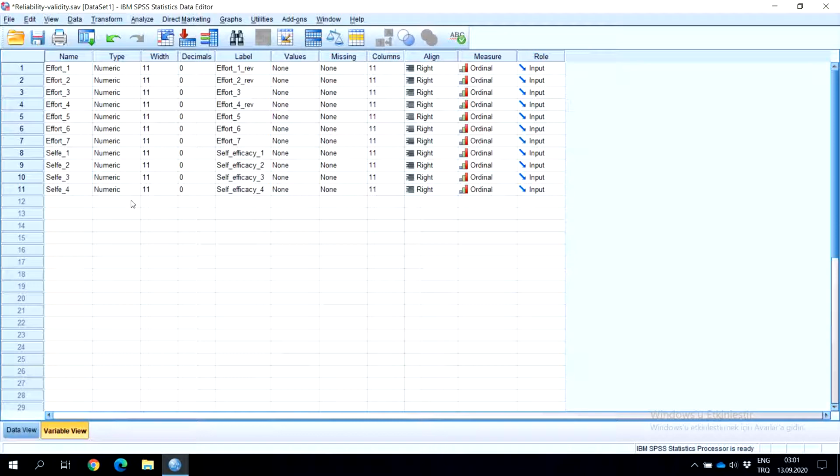The original version of the questionnaire, as it is declared, represents two factors. One of them is effort with 7 items, and the second factor is self-efficacy with 4 items. We have 3 reverse items, and we recoded them before